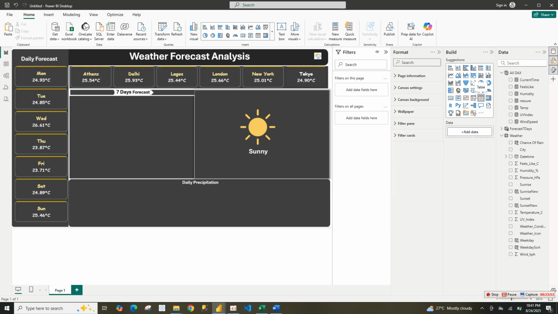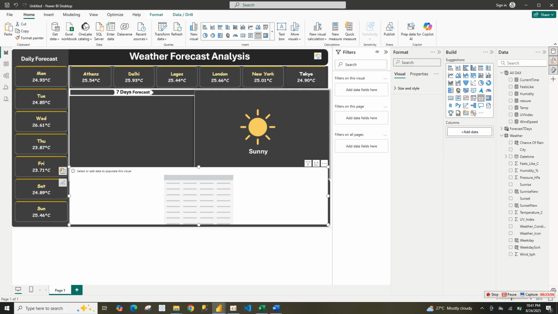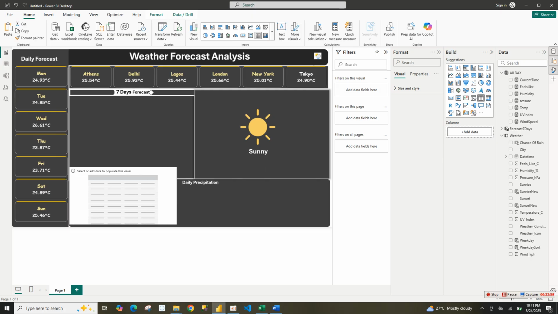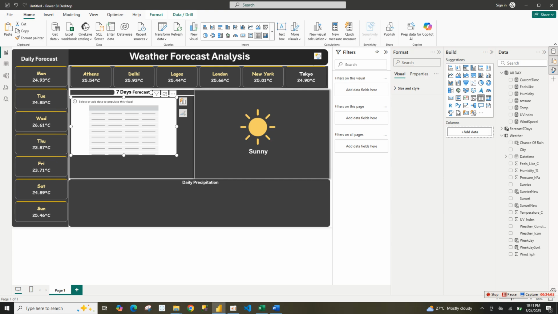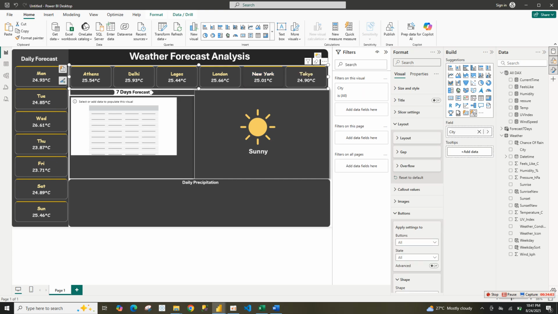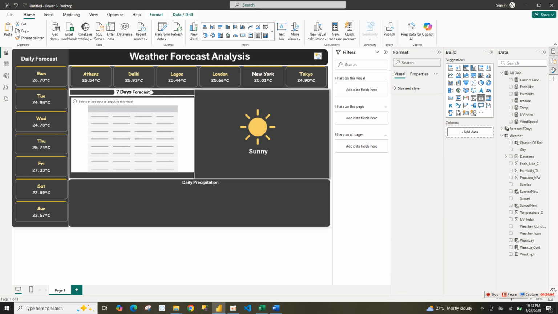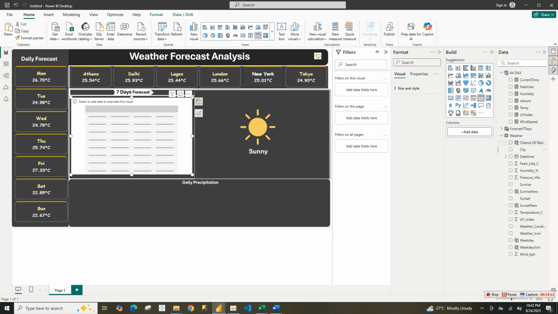So we're going to be using a table for that. I'm going to be bringing this here, put this here, put this here. Now what I'm going to be putting is the day of the week, the minimum and maximum temperature. So we're going to be making use of the